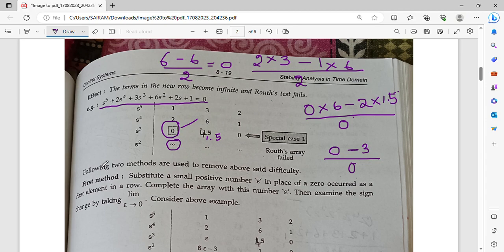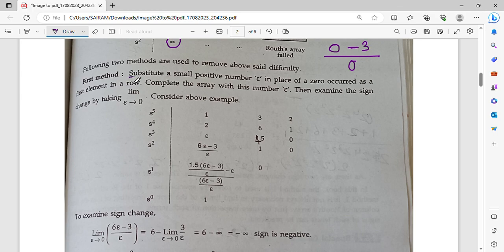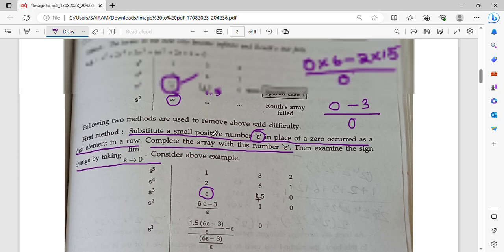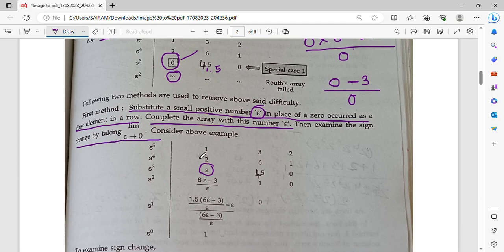And yes, first method: substitute a positive number e in the place of a 0 occurred as the first element in the row. So you place e, a positive number, and complete the array with this number e, and then examine the sign change by taking the limit of e tends to 0. Right? First, what do you do? In the place of 0, you place e. So here there was a 0, and you placed it as e. Now, complete the array with this number e, that is the methodology